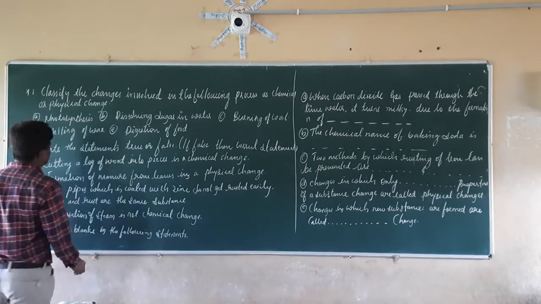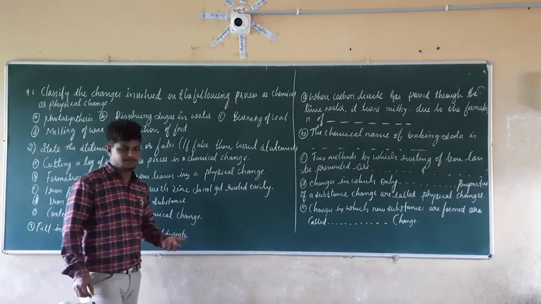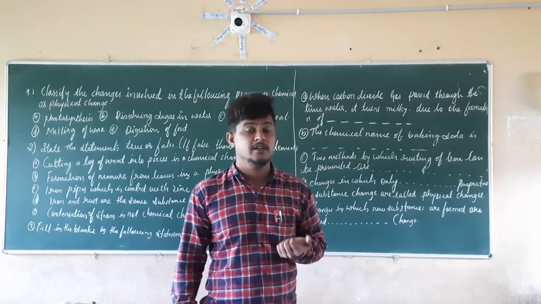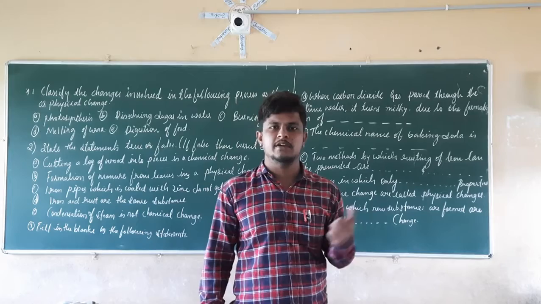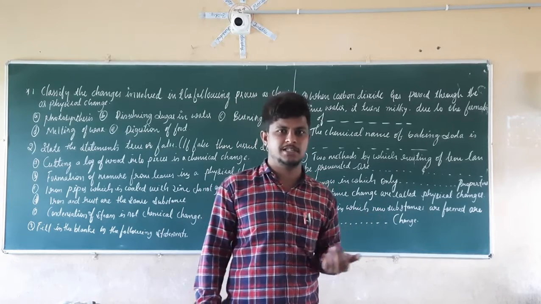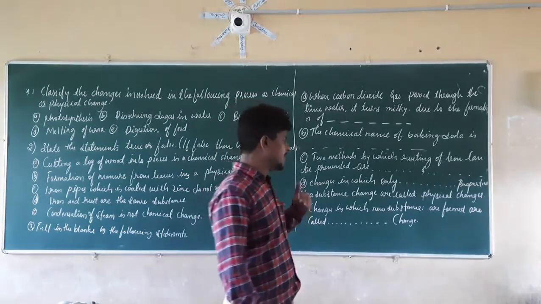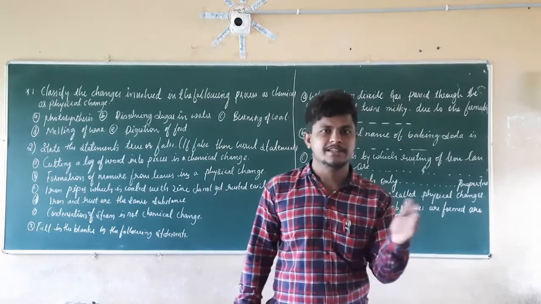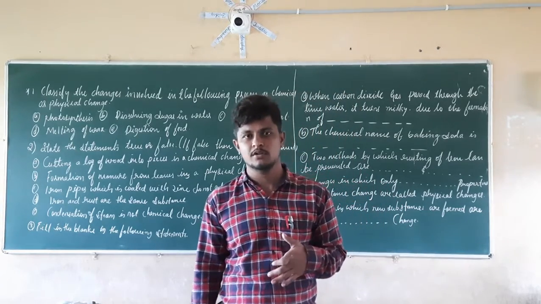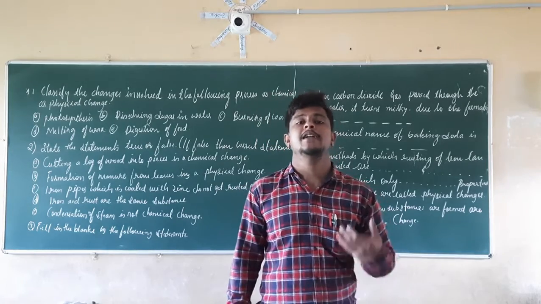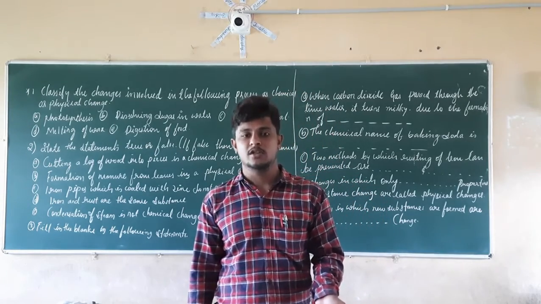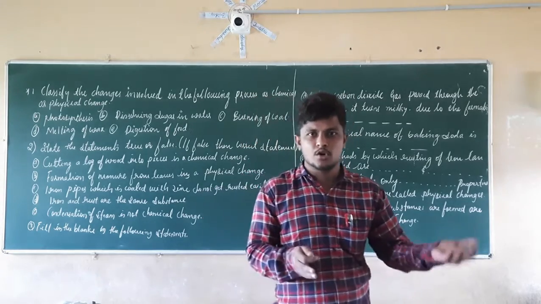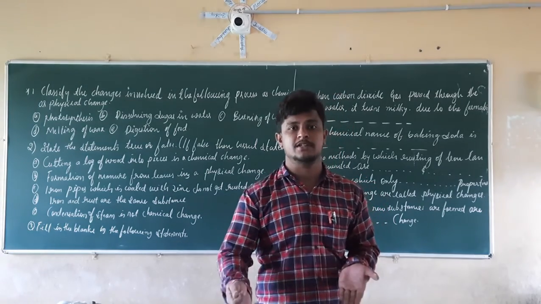Let us consider the first one, photosynthesis. Is photosynthesis a chemical change or a physical change? If you remember, in the first class, when we discussed nutrition in plants, we discussed photosynthesis. The reaction utilizes carbon dioxide and hydrogen, that is, water, H2O, and in the presence of sunlight it provides glucose. Carbon dioxide and water are two different things which combine to give glucose, so glucose is a new product.